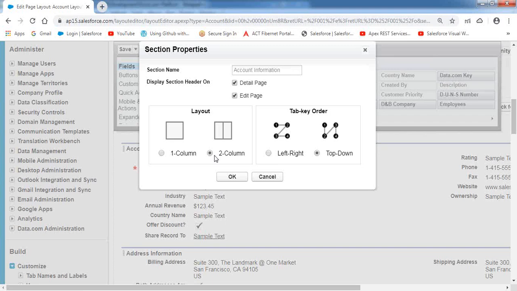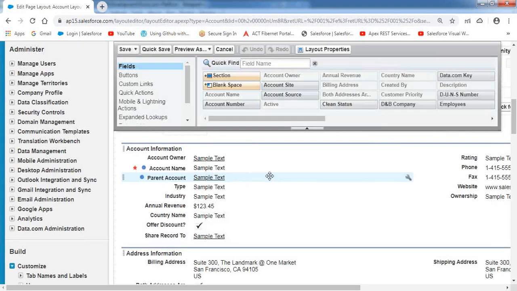We can go with that. Triggers are for automation. This is the user interface here. Then what we can do? Visualforce, right. So in this case, whenever we are customizing the page layout, it will